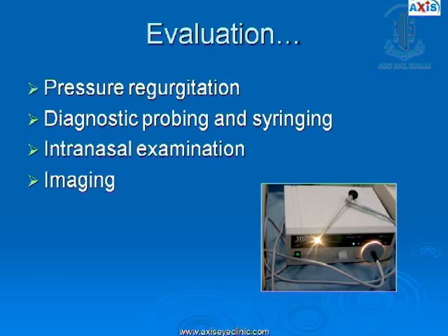And of course, we can do a diagnostic probing and syringing. So when we do a probing, not only are we diagnosing and trying to find out if there is a canalicular block or a common canalicular block or an NLD block, we are also many times curing the patient. So if there is a CNLDO or a nasolacrimal duct obstruction, we might actually open up the obstruction and clear the block. Also, we can combine it with the syringing, and this will not only give us a diagnosis, but it will also kind of cure the patient in many of the cases.